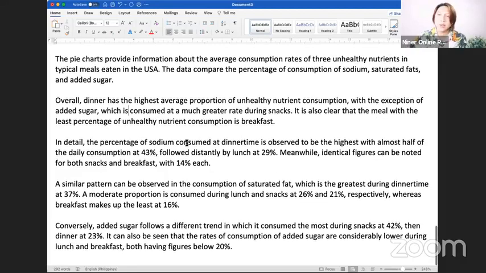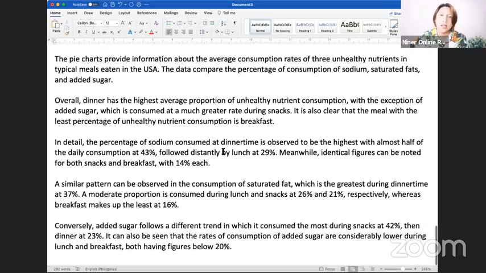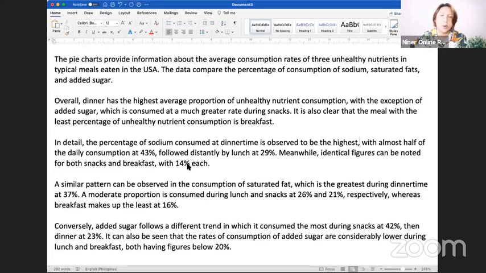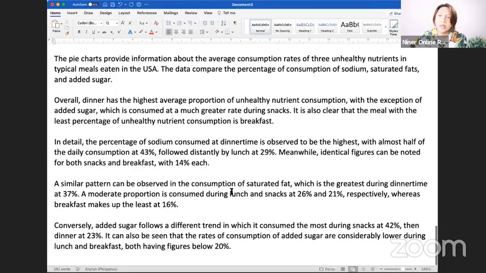In detail, the percentage of sodium consumed at dinner time is observed to be the highest, with almost half of the daily consumption at 43%, followed distantly by lunch at 29%. Meanwhile, identical figures can be noted for both snacks and breakfast with 14% each. A similar pattern can be observed in the consumption of saturated fat, which is the greatest during dinner time at